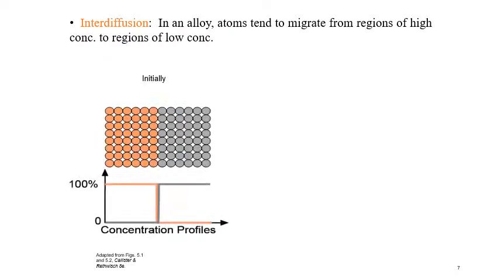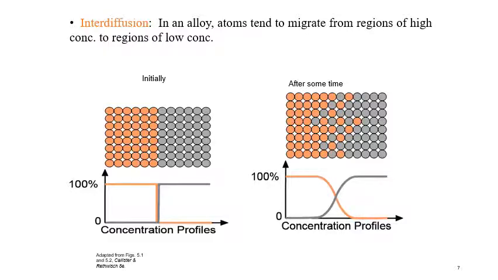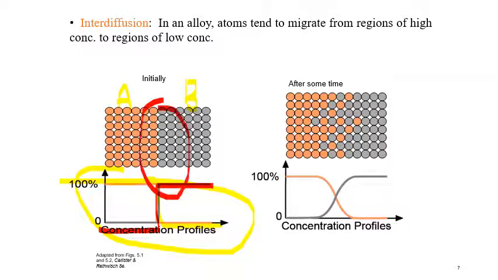Now we say it's interdiffusion, or substitutional diffusion. Say this is an element A and this is an element B, which have atomic arrangements like this. If you draw a concentration profile, it will look like this: here the concentration of A is more and it drops down, and here the concentration of B is more and it drops down. Now for example, if you keep these two side by side and leave them for some time, what will happen?